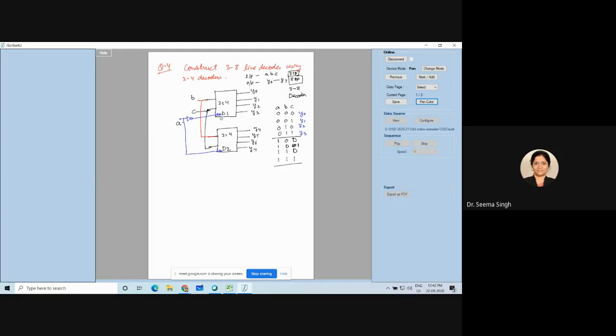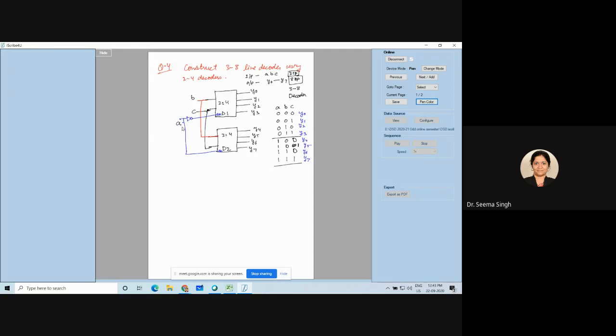Now, when A becomes 1, you get a 0 here, and D1 is deactivated. D1 is not enabled, but when A is 1, your second decoder is working. The second decoder will work for the last 4 cases. When A is high, it will select Y4, Y5, Y6, and Y7, and you will get your Y4, Y5, Y6, and Y7 here. So this is how, using this enable pin, I can use 2:4 decoders to behave as a 3:8 decoder.